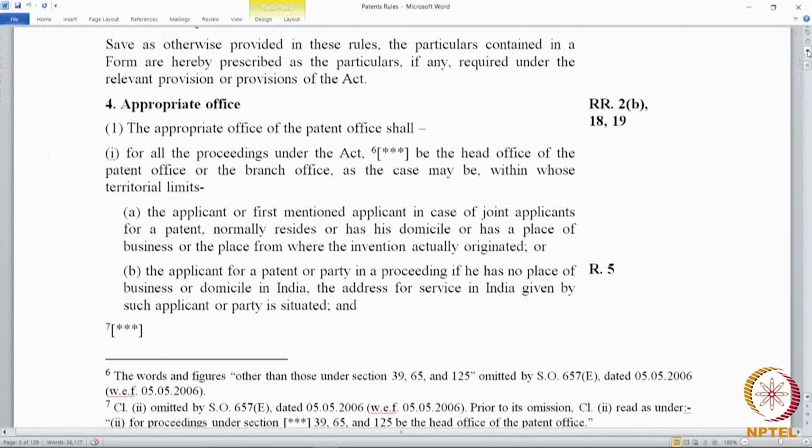Rule 4, appropriate office. The appropriate office of the patent office shall, for all proceedings under the Act, be the head office of the Patent Office or the branch office, as the case may be, within whose territorial limits the applicant, or the first mentioned applicant in case of joint applicants, normally resides or has his domicile or has a place of business, or the place from where the invention actually originated. Now, if all these things are there, the appropriate office will be where the